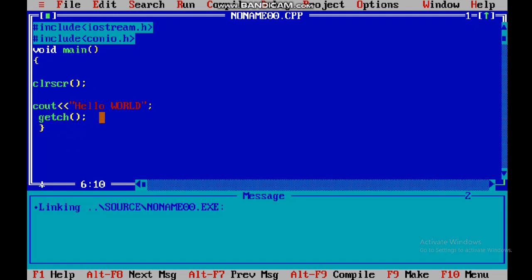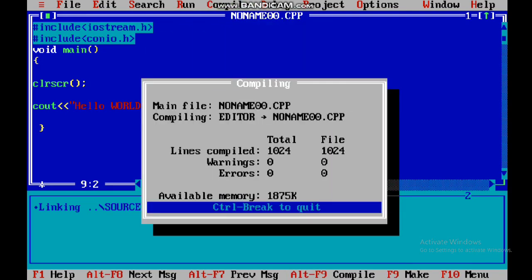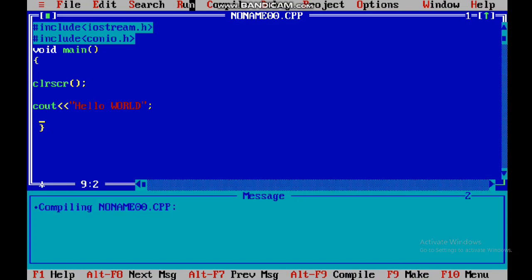Now I'm going to show you what will happen if we don't write this getch. Compile. Success. Now run this program. See, output screen is not there. Or I should rather say that the output screen was there, but just for a few milliseconds, so you cannot even see it, because the output screen was not held. That is why it just went off in a blink.